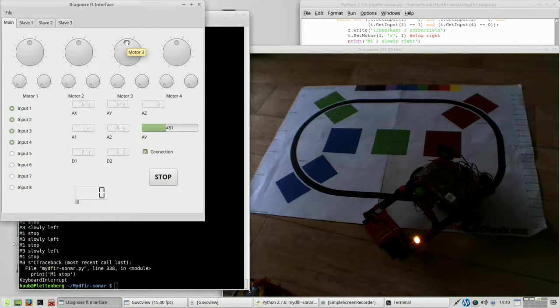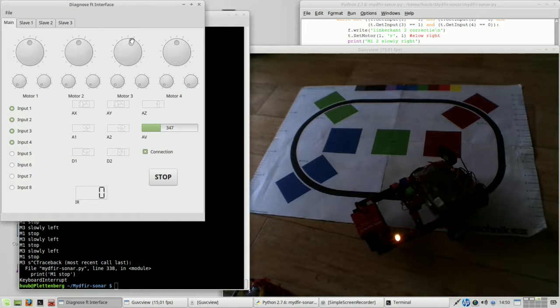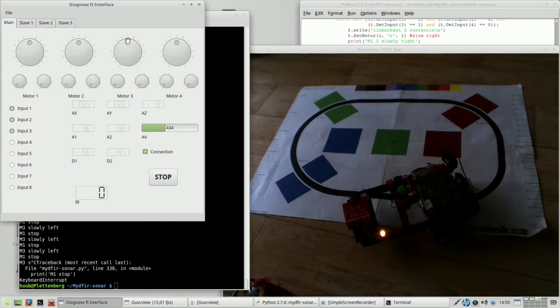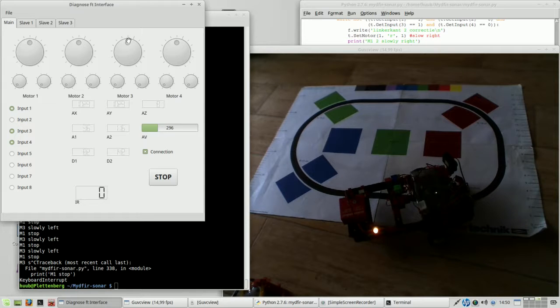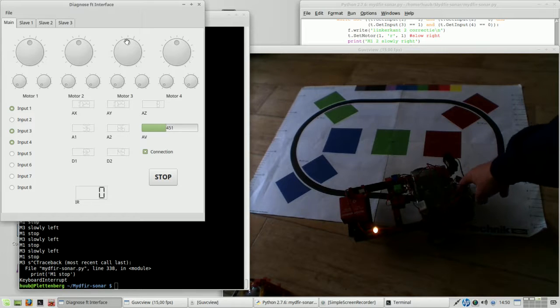And then motor 3. Okay, so here it is above the line,